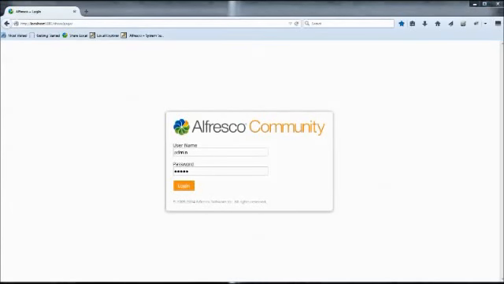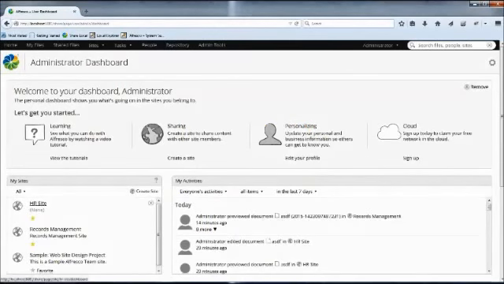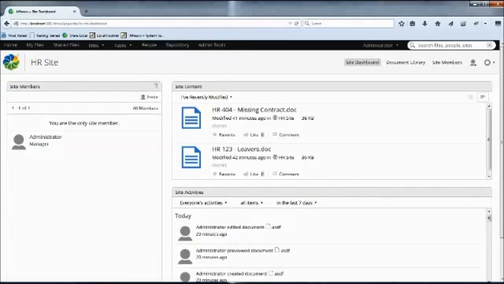Today I'm going to give you a quick example of what can be achieved with the new features that have been added to Alfresco Records Management version 2.3. So I'm just going to log in and I'm going to dive straight into a site that's been created for